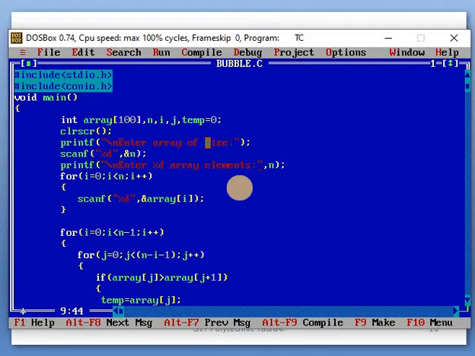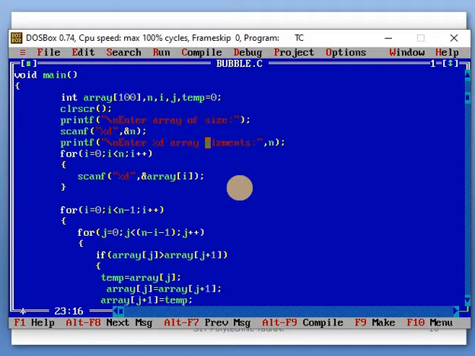The n variable is used for how many elements are stored in the array. That number will be stored in the n variable, and using %d that value will be displayed. After that, a for loop is used. We use an array. In an array, multiple statements are there, so to reduce multiple statements, use the for loop. Using the for loop, you input the array elements. Array of i means array of 0, 1, 2, 3, up to whatever number we give.